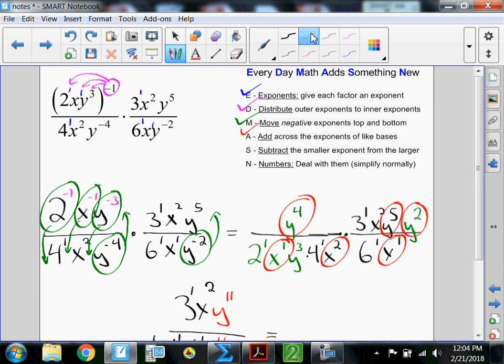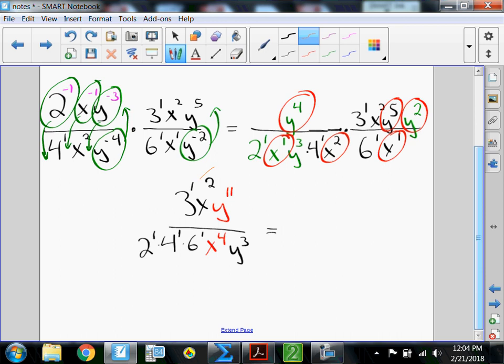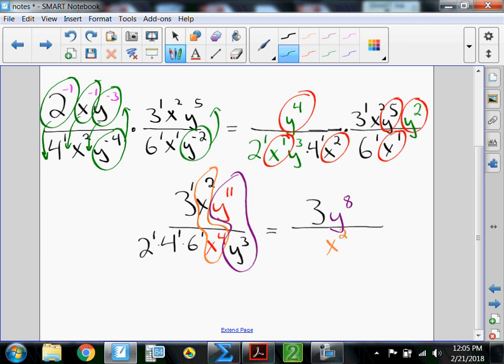Now we're going to subtract smaller exponents from larger. So right here with the x, same base. That's going to give me an x squared on bottom, because 4 minus 2 is 2. There's more factors on bottom, so it goes on bottom. The y values, same base. 11 minus 3 is 8. Give me a y value of 8 on top, because there's 11 factors on top. And then I still have a 3 to the first, so a 3, and a 2 times 4 times 6